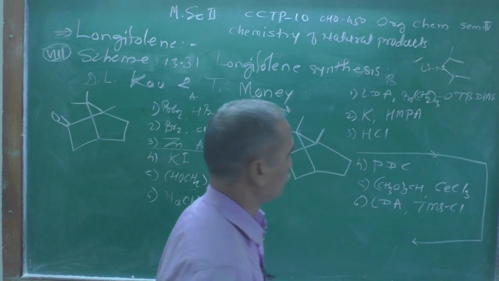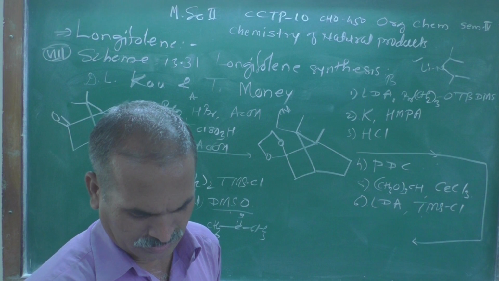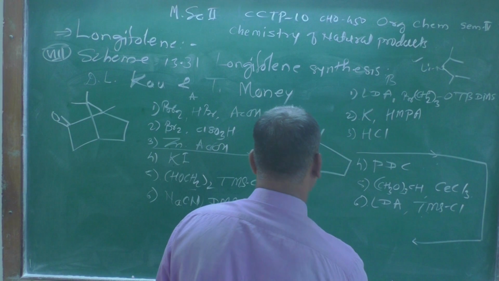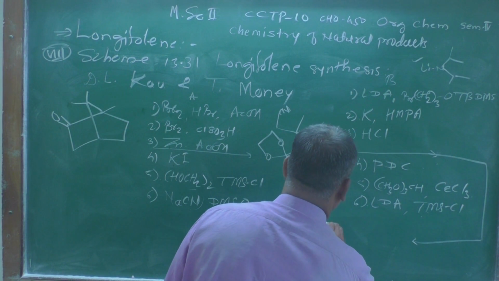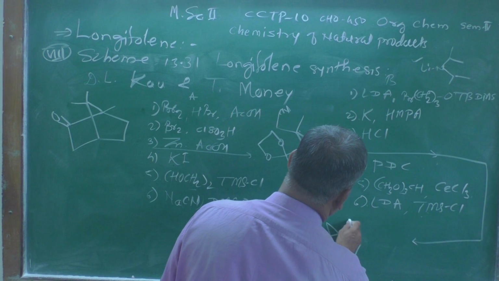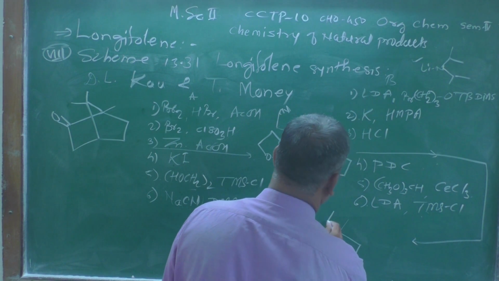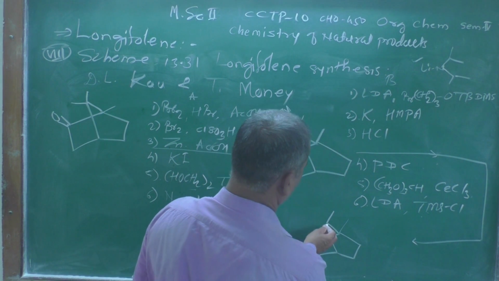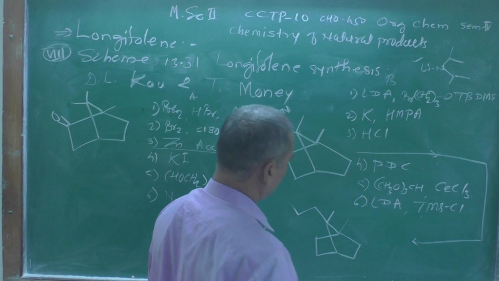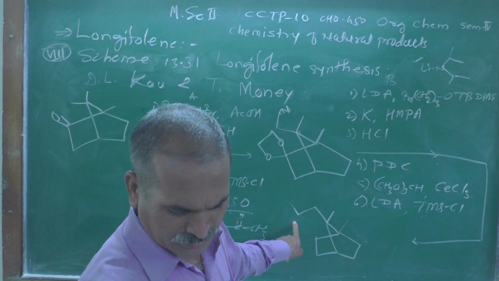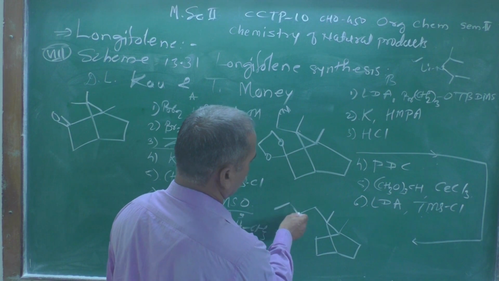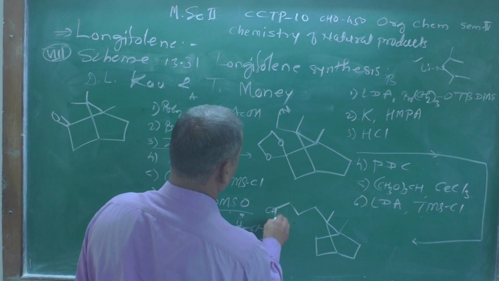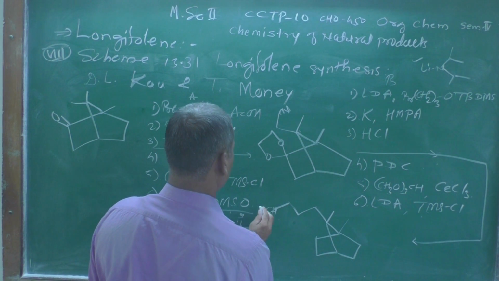What do you get? The compound which we are going to get is this one. After adding all these reagents, finally we will end up with the compound which we are going to get here. 1, 2, 3, 1, 2, 3, 1, 2, 3, then CH, and here you can remember